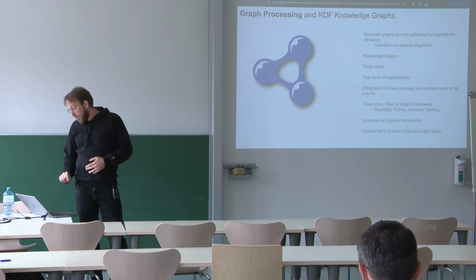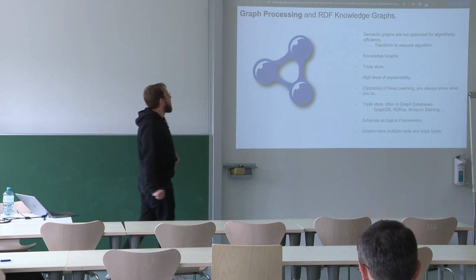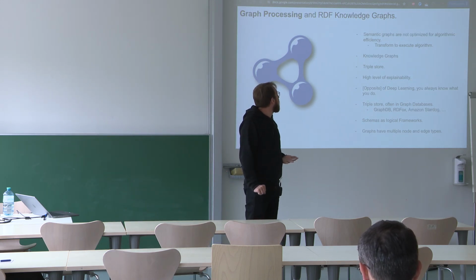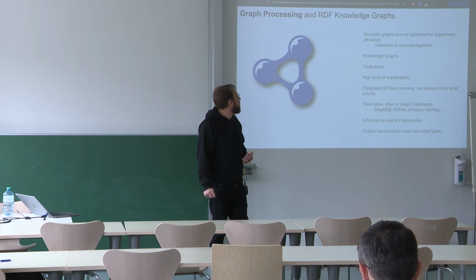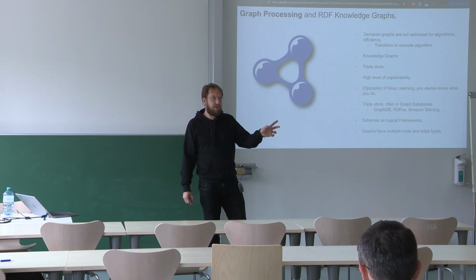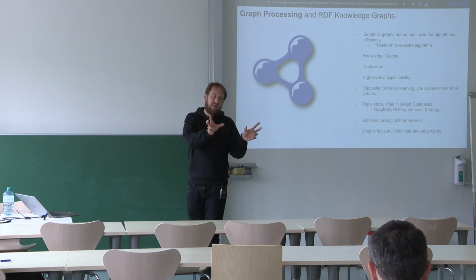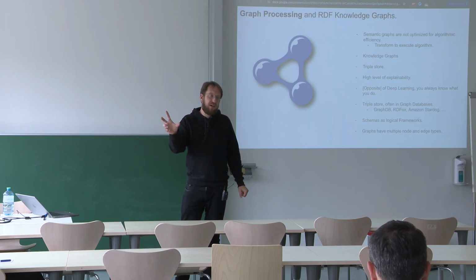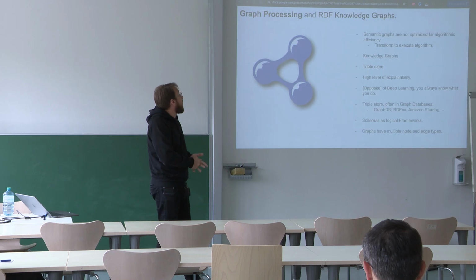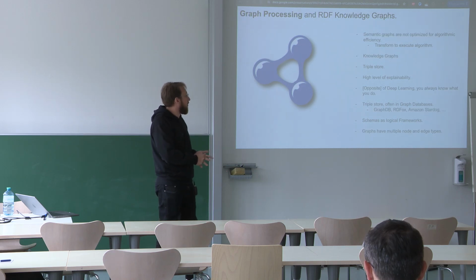And the last, and I don't know too much about that because before Graph Massivizer I have never worked with RDF graphs, but apparently, I spoke to Aaron this morning, semantic graphs are not optimized for algorithmic efficiency. So they are mostly stored in these kinds of triples, right, in which you have a vertex identifier, some kind of edge identifier, and another vertex identifier. It's very often used in knowledge graphs. You have these triple stores.